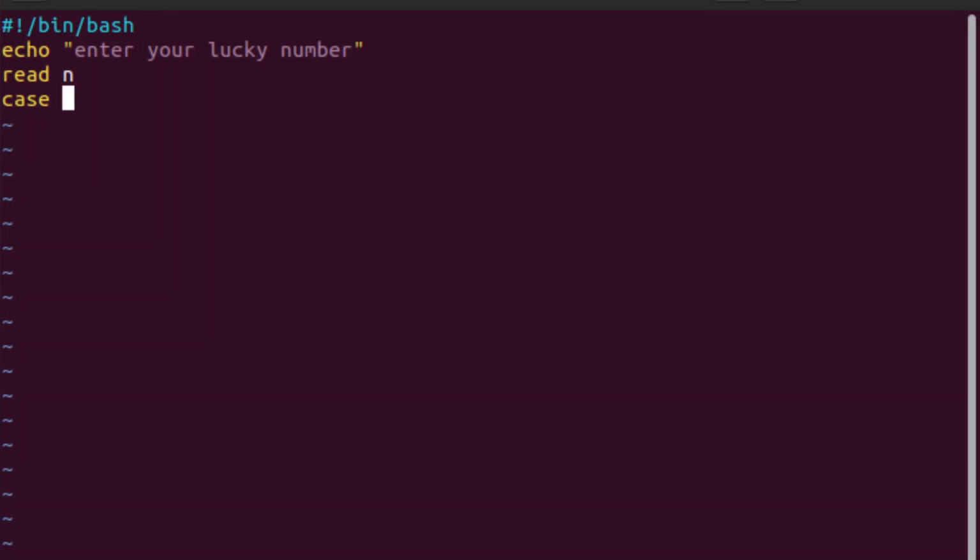Now we're going to start our case statement. We always start the case statement with the word case. And kind of like a for loop, we're going to use the variable in, and then the word in. So case variable in, and we're going to do 101 parentheses, and we're going to line that up with case. Echo